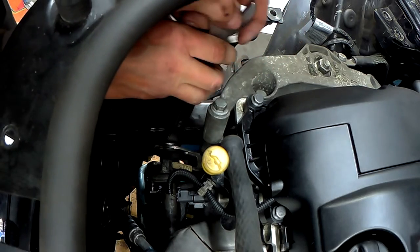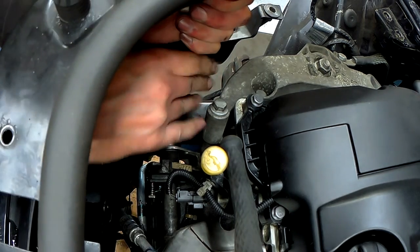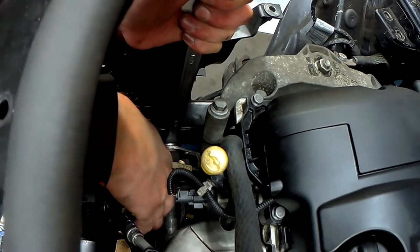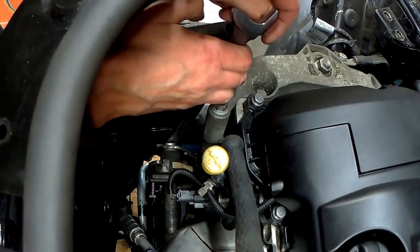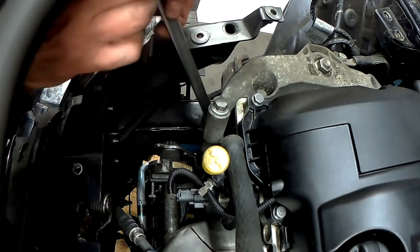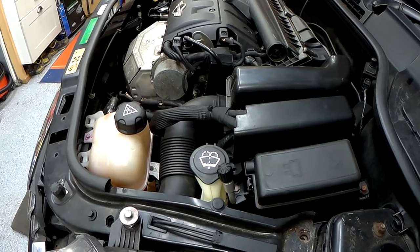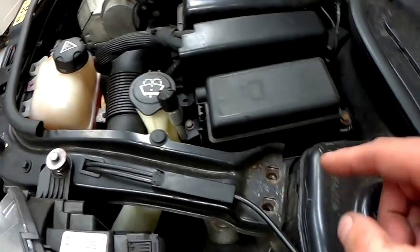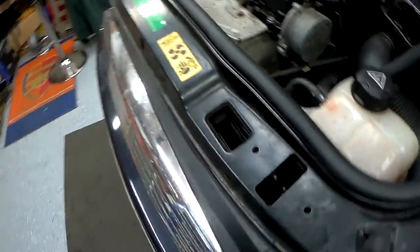Next I need to release the tension from the tensioner. So here I've got my spanner, and you can see I put pressure on that and the locking pin is automatically disengaged. Then just verify the belt is in position correctly and to the right torque. So once you're happy and you've tested it and you can't see any more leaks, next thing to do is put the slam panel back on the grille